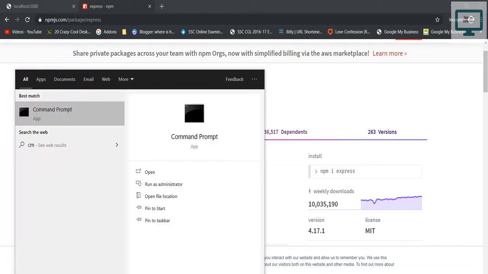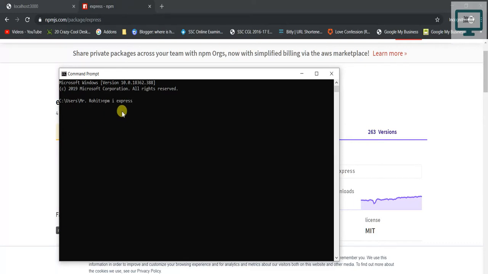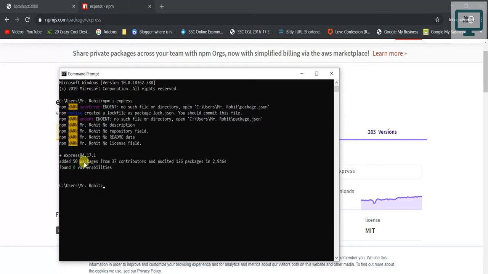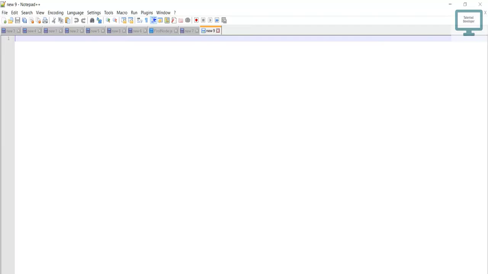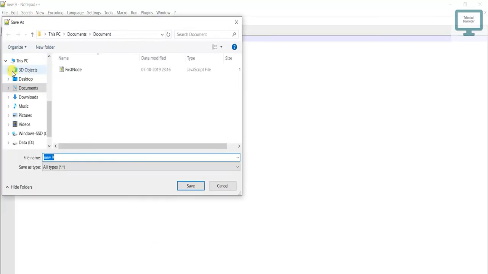and I'm just going to use cmd. Okay, now I will just use here. Once you enter the command, it will download the package. Once the package has been downloaded, then what we can do, we have to just save one file. I'm just going to use the same location, so this time